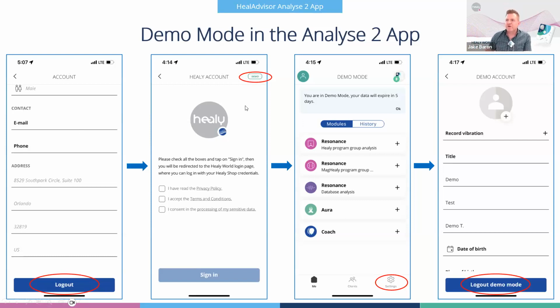And then it's going to take you straight into demo mode, which is this screen right here. And then you'll see at the top here, it says you are in demo mode. Your data will expire in 5 days. So this is meant to be used for a maximum of 5 days. You click OK. The next day, if you were to come back into this feature, it would be 4 days and then 3 days and that kind of thing.